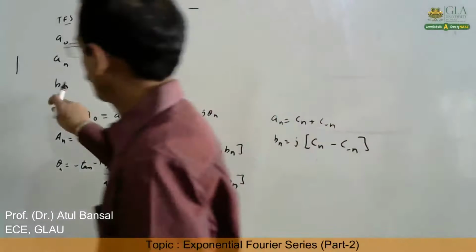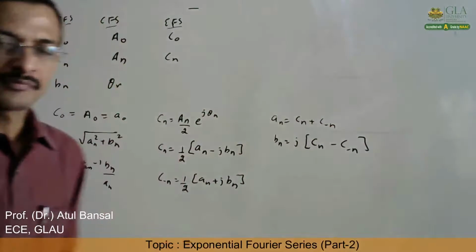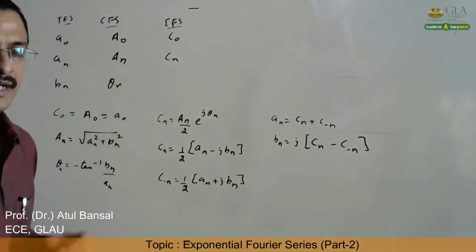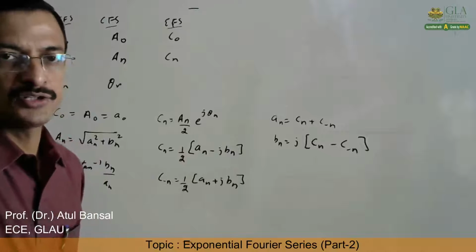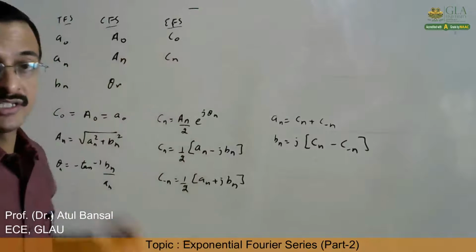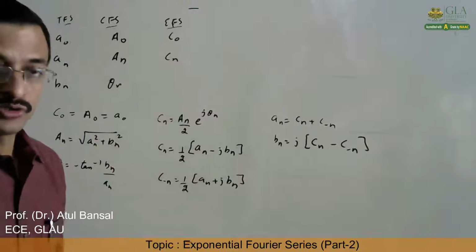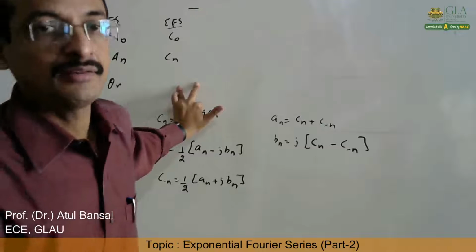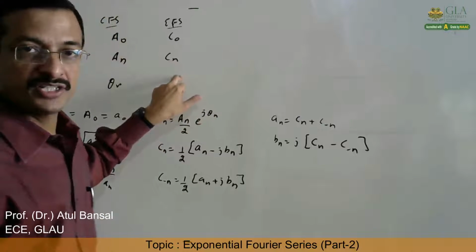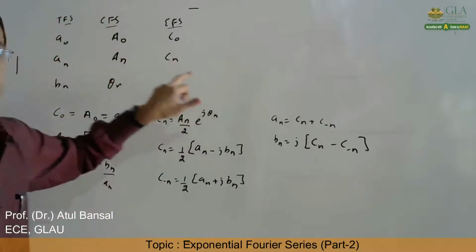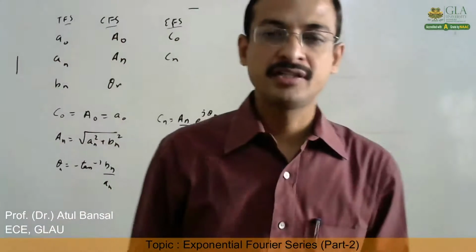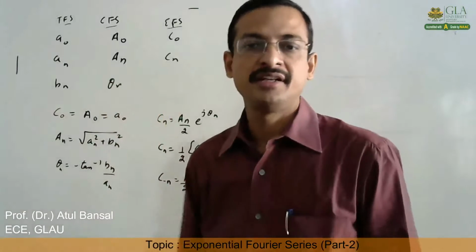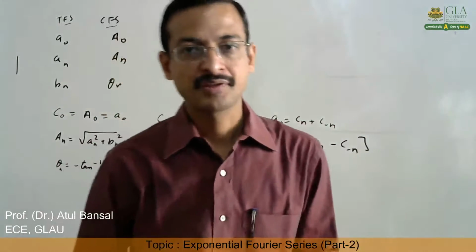Now, further, the trigonometric Fourier series does not give us any spectrum. We do not get any spectrum from this. The cosine Fourier series gives us a single-sided spectrum, and it gives both types of spectrums, magnitude as well as phase. The exponential Fourier series gives us a bidirectional or both-sided spectrum. It also gives two types of spectrums, magnitude as well as phase, and the spectrum nature is discrete in both cosine as well as exponential. That is, in the Fourier series itself, the nature of the spectrum is discrete. All right.